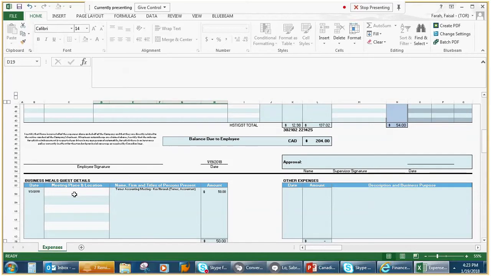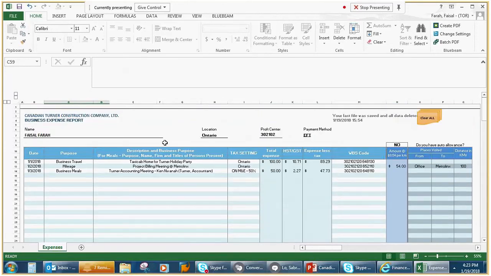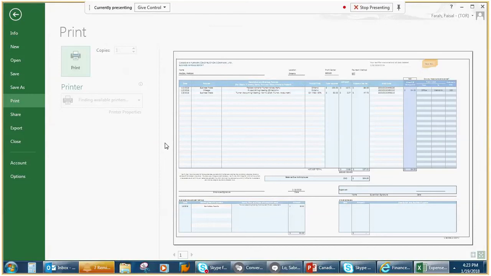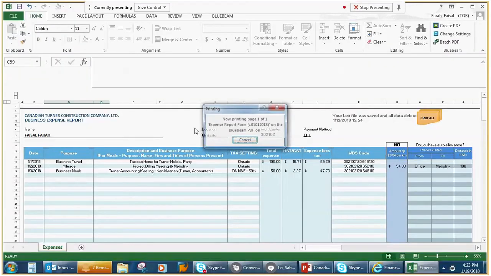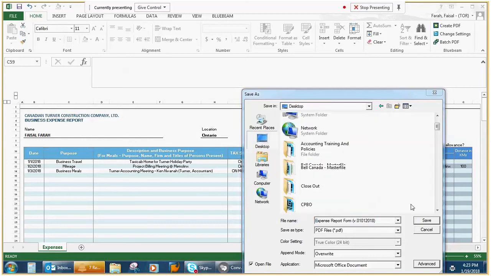And then I have to also enter the meeting place and location. Let's just say we went to Burrito Boys in Toronto. The next step here would be, now that this is all filled out, I would go ahead and Control-P PDF the file. And once I do that, I would actually save it